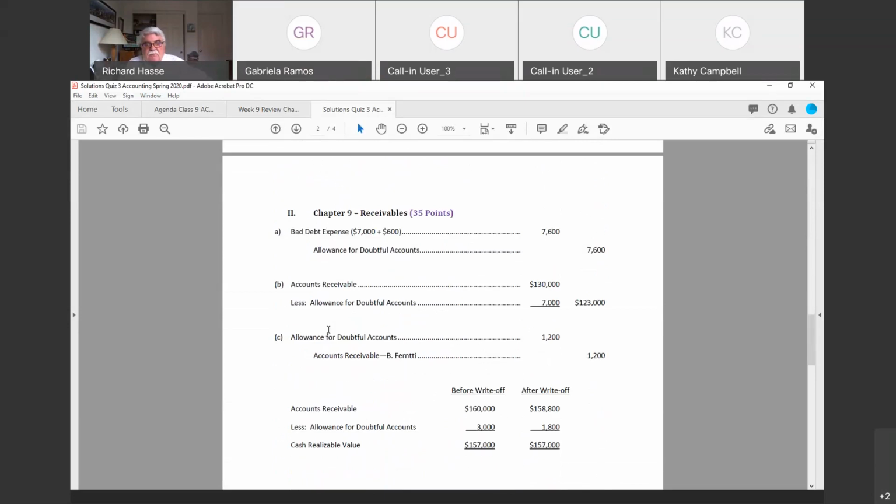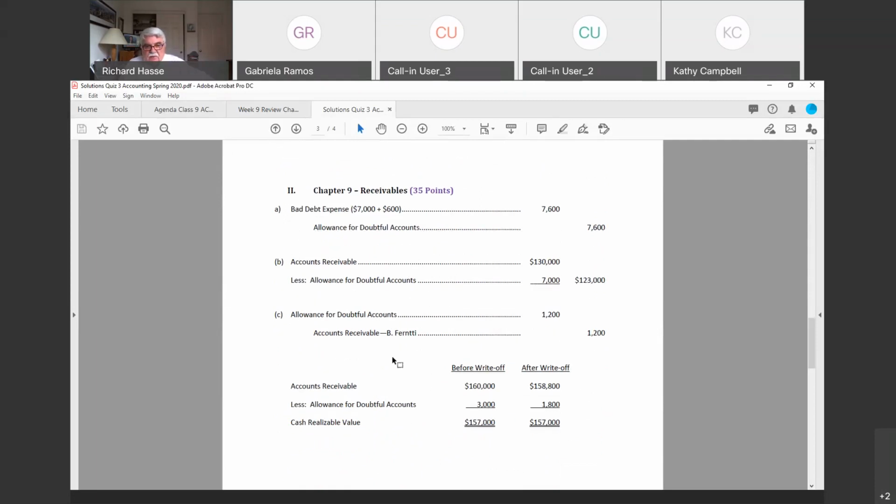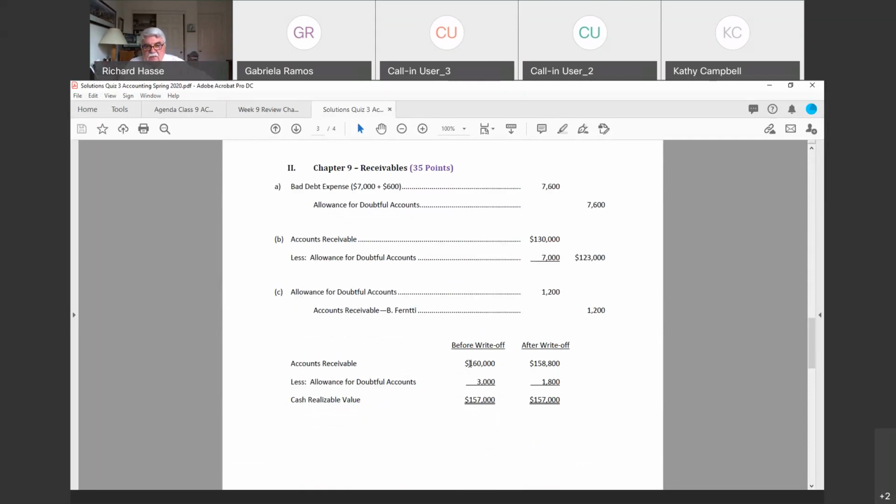The accounts receivable problem, where you had to set up a bad debt expense and put it into the allowance account, write off or reinstate some accounts receivable that had been previously written off, and record the adjustment in the allowance for doubtful accounts for specific accounts receivable. And then tell me what's the situation in the allowance, the balance account of accounts receivable before the write-off and after the write-off. There was no journal entry necessary for this, just a statement to that regard. What was the accounts receivable balance after those situations? So that's what I was looking for in Chapter 9.